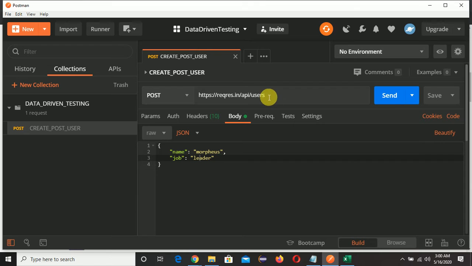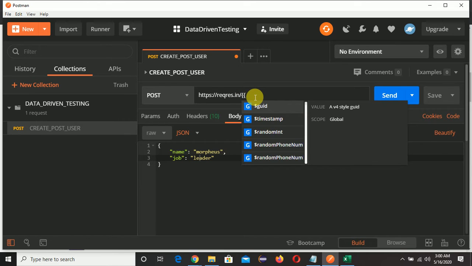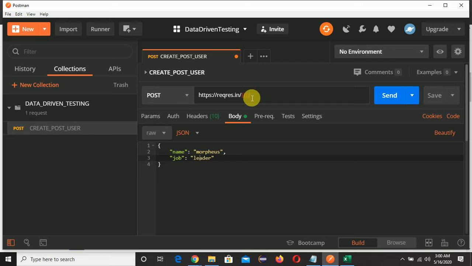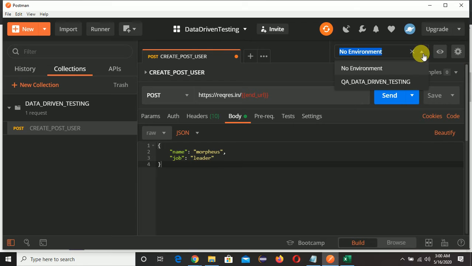Now we need to replace with the variables that we have created at the environment level, right? Open double curly braces, close curly braces, and give end underscore URL. Here we have not selected the created environment, so we need to select QA data driven testing. Right now this is red color. Once we select this environment, it will turn orange.